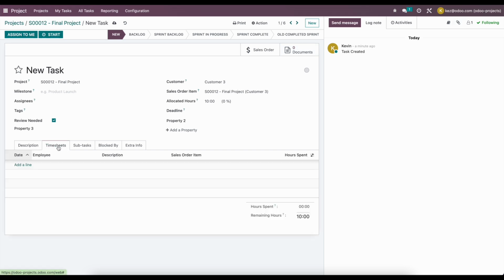Under our timesheets tab, we can timesheet against this project. So I can add a line here, and it's going to default to the employee as well as the sale order item that I am tied to on the overall project. I can write in the description here and the amount of hours I worked. So we can write test, and maybe we worked 2 hours on this. Now by default, this is going to show the remaining hours, the allocated hours,